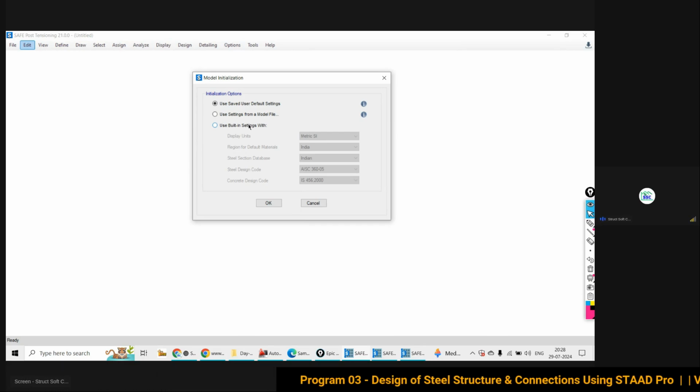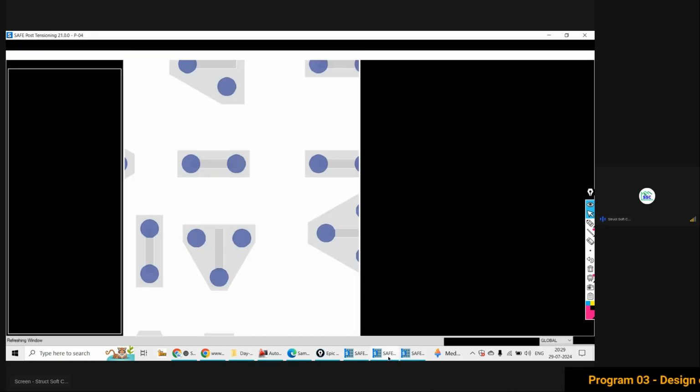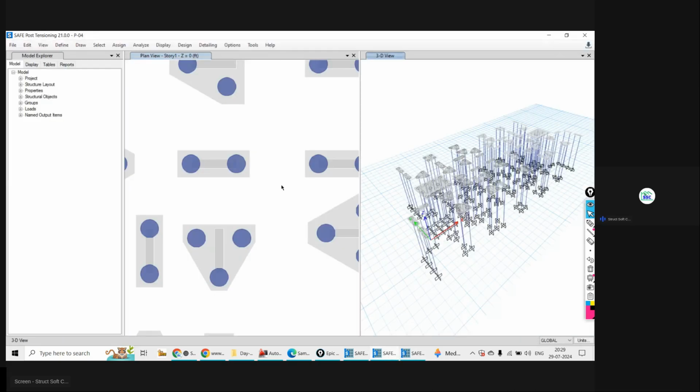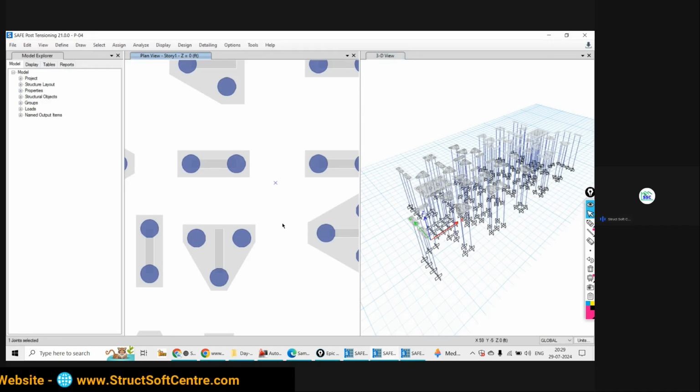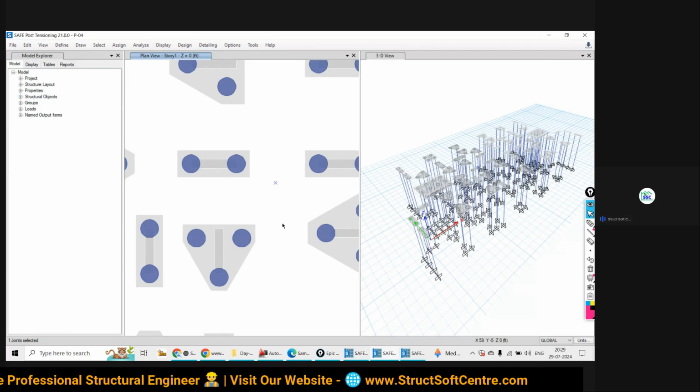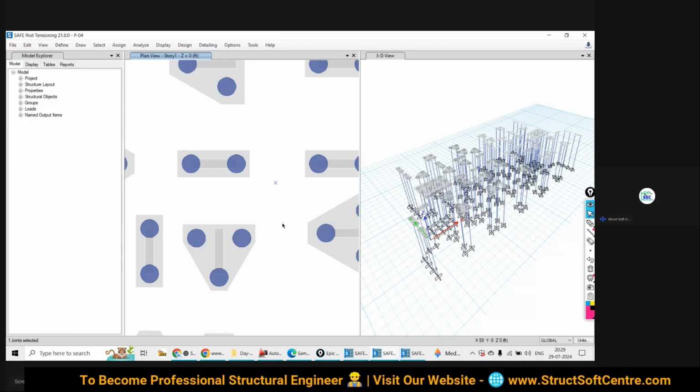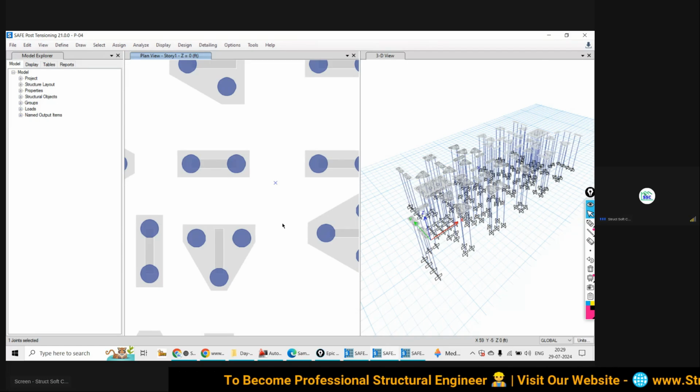See, the advantage is that, suppose, firstly, I have saved the definition of this pile cap foundation or deep foundation. Suppose I am going to deal with a shallow foundation, a raft foundation, in a new project.